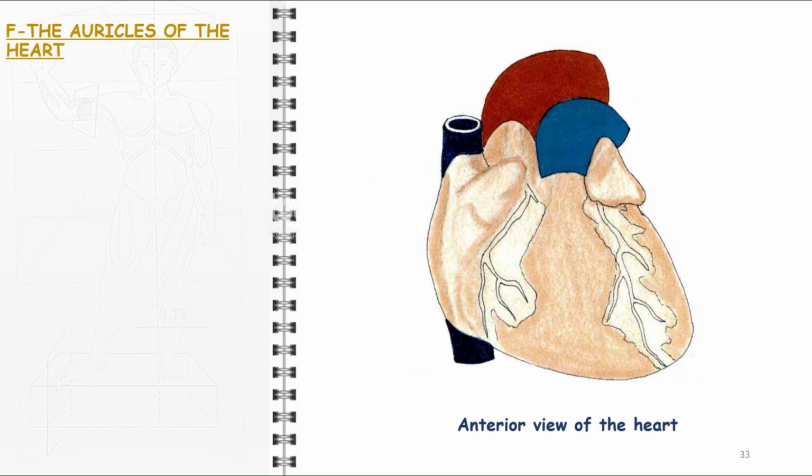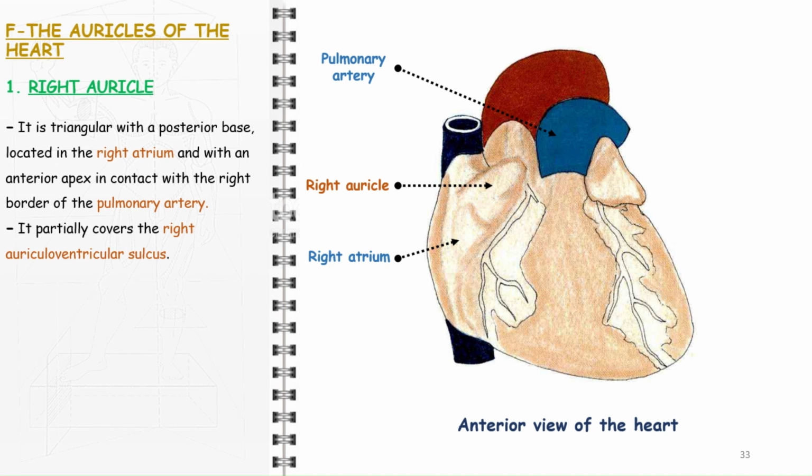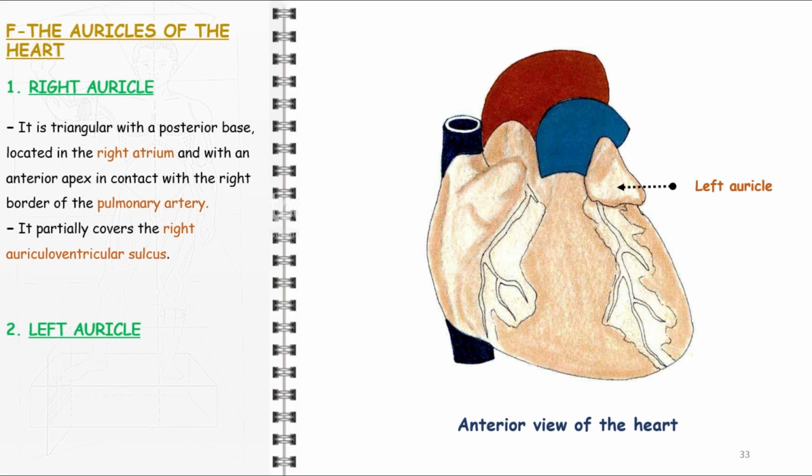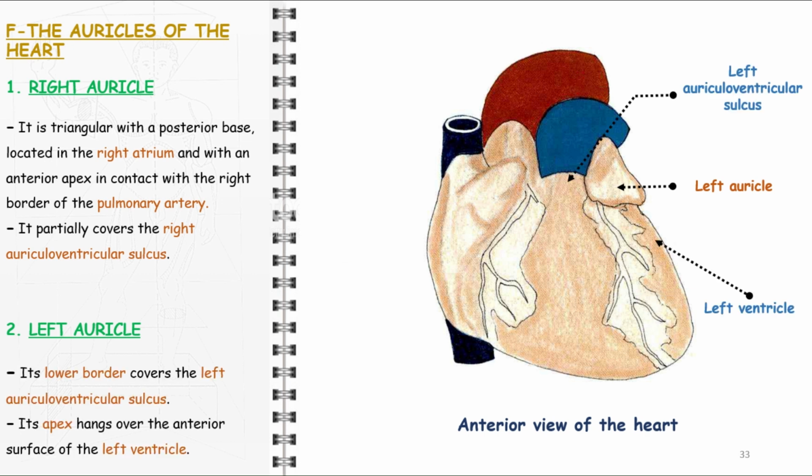Let's talk now about the heart's auricles. The right auricle is triangular with a posterior base, located in the right atrium, and with an anterior apex in contact with the right border of the pulmonary artery. It partially covers the right auriculoventricular sulcus. However, the left auricle's lower border covers the left auriculoventricular sulcus, and its apex hangs over the anterior surface of the